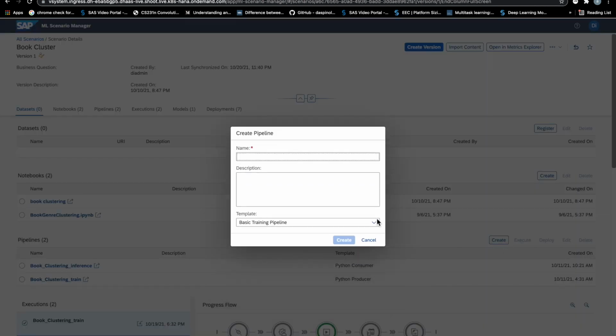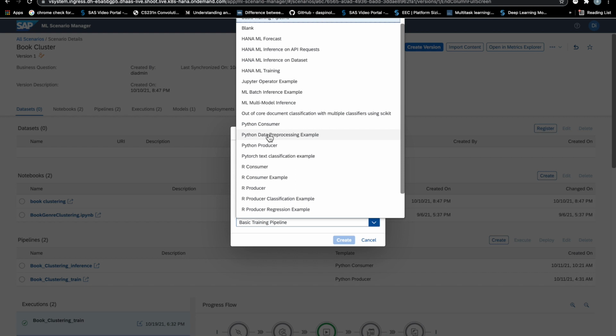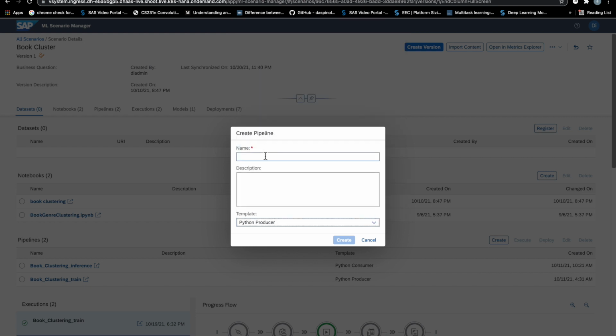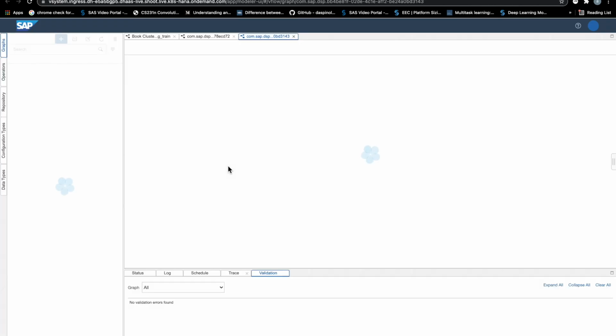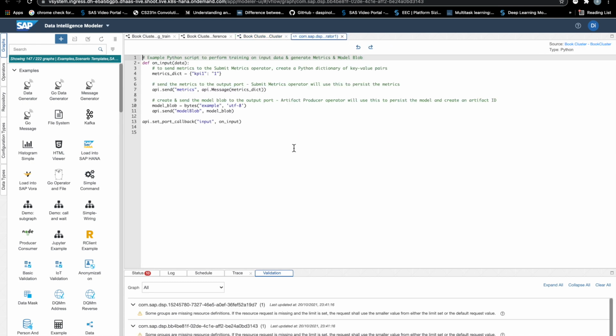When you create the pipeline, you have the possibility to choose between a lot of different templates. So now we want to create an artifact for this task, so we will use a Python producer. Here is the template we get. It starts with a read file operator, so the template is assuming that we are reading some input data from a file. Then this data is passed to a Python operator,